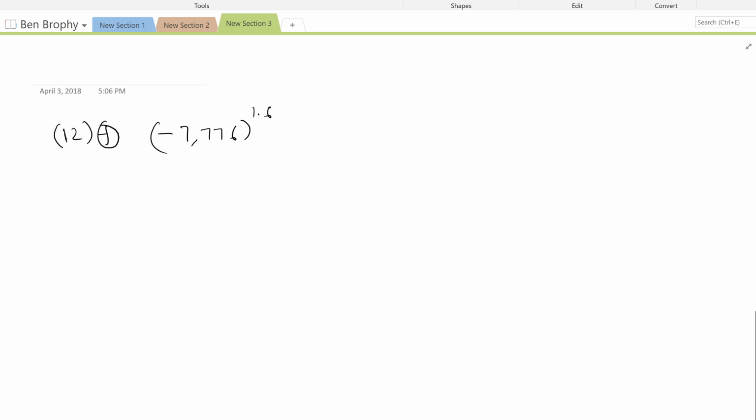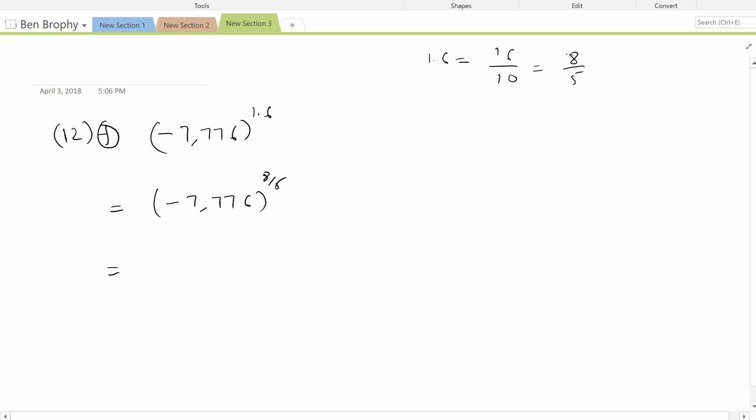Right, so 1.6. What we do is, 1.6 is 16 divided by 10, and 16 over 10, if you simplify that, you will get 8 over 5. So you divide numerator and denominator by the same number. So we got 8 over 5. And now the next thing,